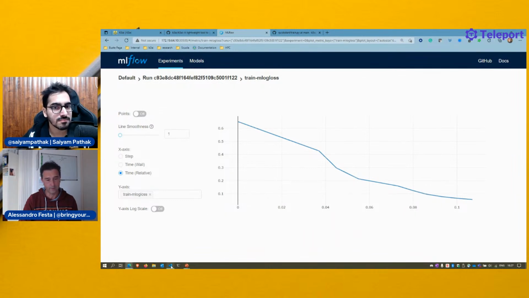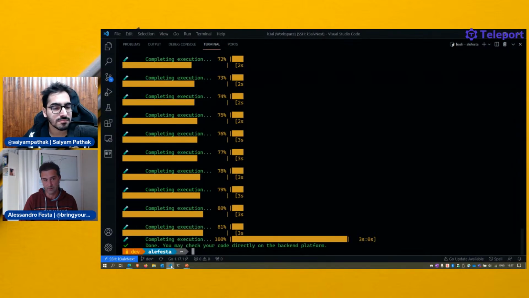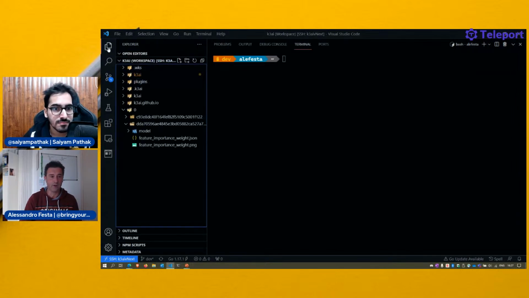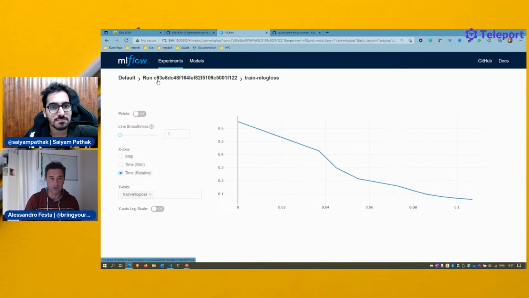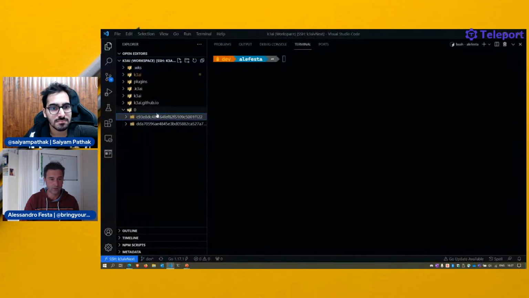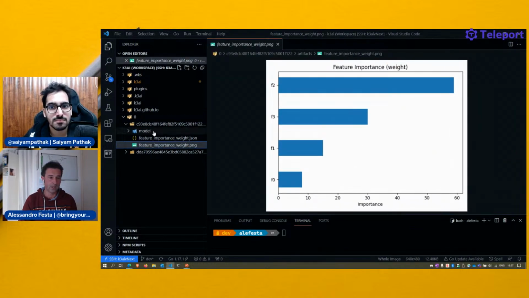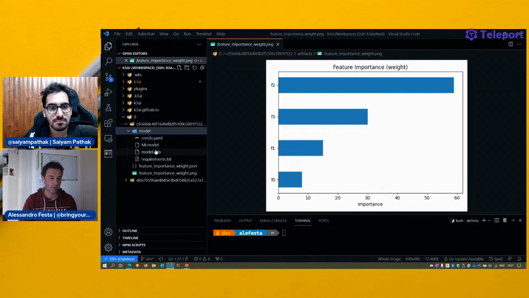This is not enough, by the way. Because we did not just do that, but we exposed the results on your local computer. And in fact, if I point to the model, I can actually see there's a couple of runs here. If I double check here, the run is C93E, and I got my weights there. And I also got my model exposed.